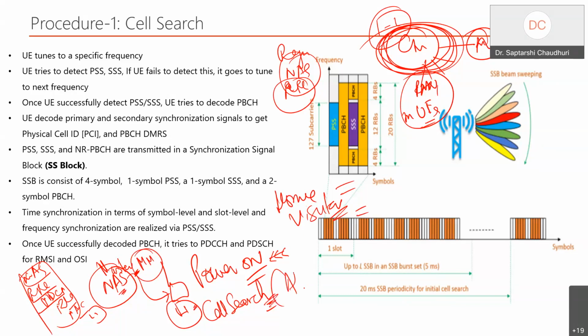And this is the first algorithm that is not defined by 3GPP. So 3GPP does not define how you want to do the cell search. And a lot of innovation goes from 2G to 5G in how you actually scan and then decide that this is the network to use.